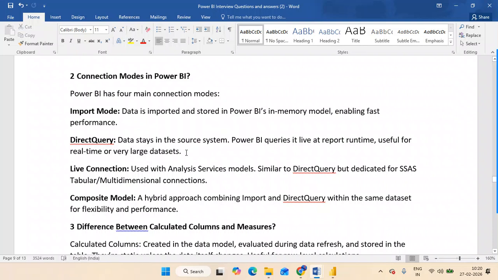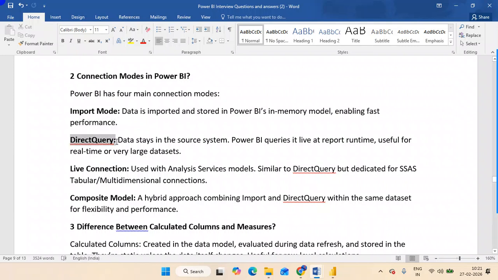Let's say, for example, you have some transactional data, like a bank transaction. For example, today you have 1,000 rupees in your account, and you withdraw 300 rupees. The transaction should be reflected immediately, right? Otherwise it will show 1,000 rupees even after you withdraw 300. Transactional data is real-time data, so the data should be immediately affected. If you want to create transactional processing or real-time dashboards, then we can use the direct query mode.